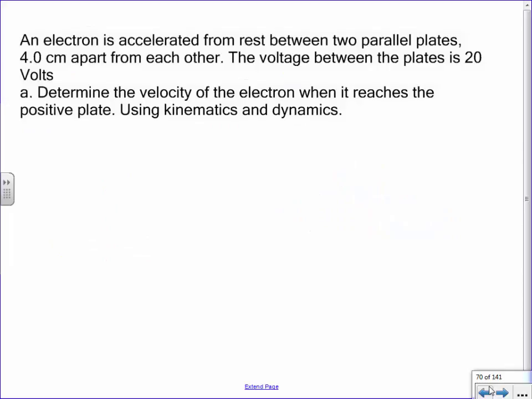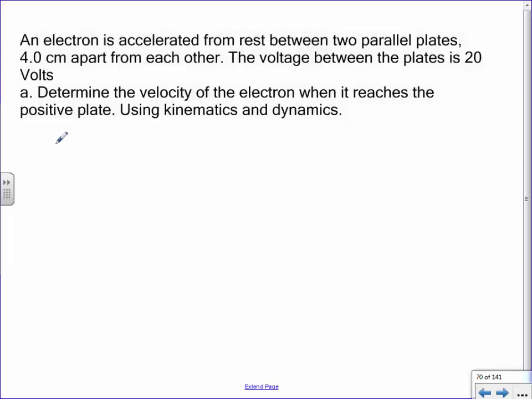Last example here. This is really like the creme de la creme, the biggest king of the mountain kind of question, where this is going to take us possibly multiple different steps in order to solve. Let's lay out the scenario first. Part A, we're going to try to calculate velocity using kinematics and dynamics, and then later we're going to use energy. I'm going to show you two different ways of solving a fairly big problem where we're going to take one formula, go to the next, go to the next, go to the next.